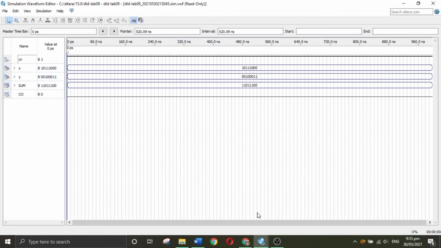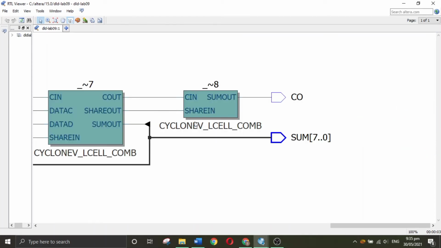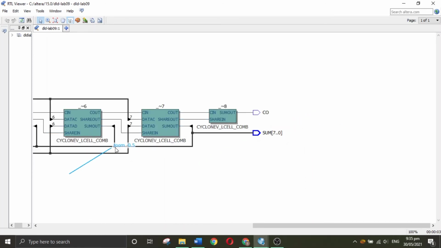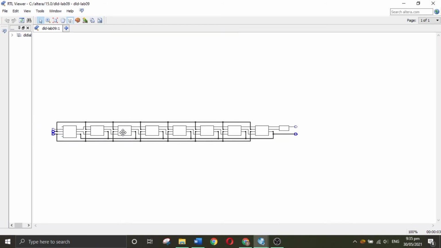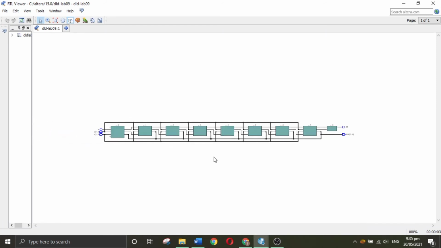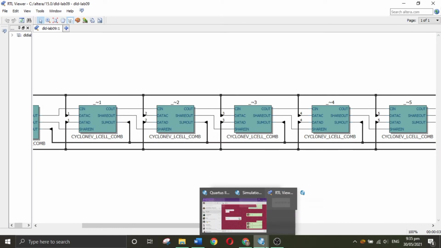And here is the RTL view for this circuit, and this is the circuit as in the previous example, but the only change here is that there is an extra box for the carry output. It is just taking the C in, and the summation out will appear here, and this is the simple circuit and the RTL view. So don't confuse it with the previous circuit, and we will see that in the next example, example number 5,